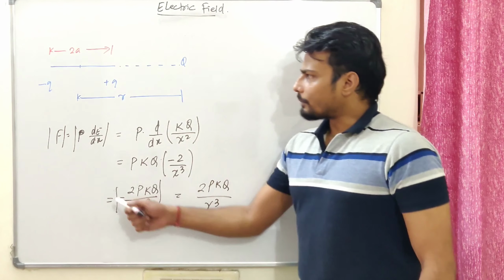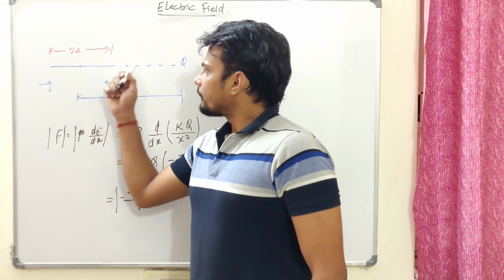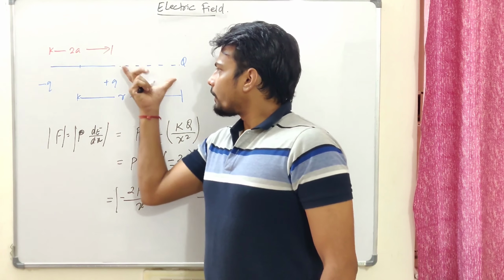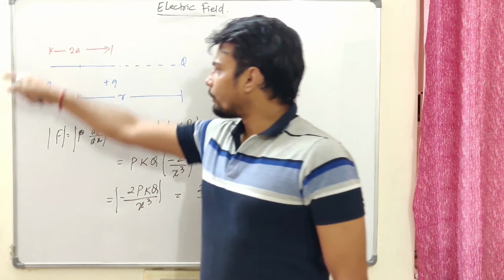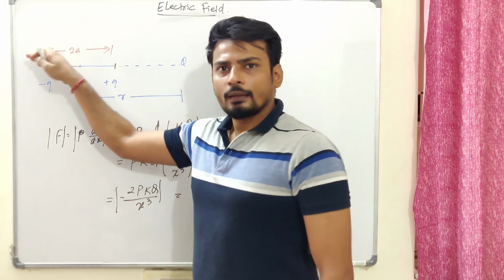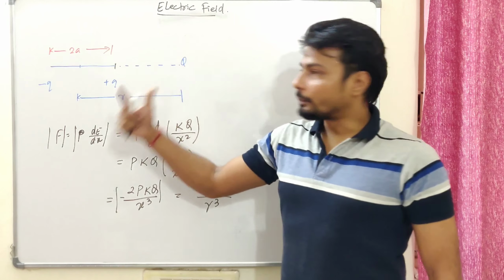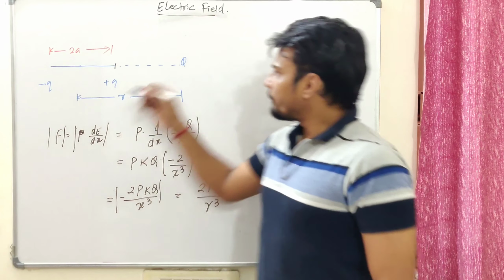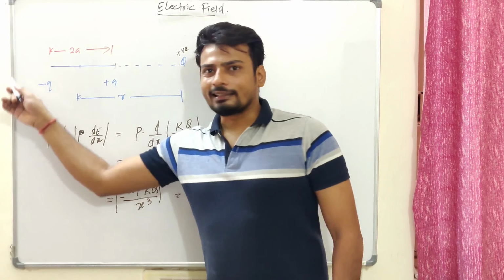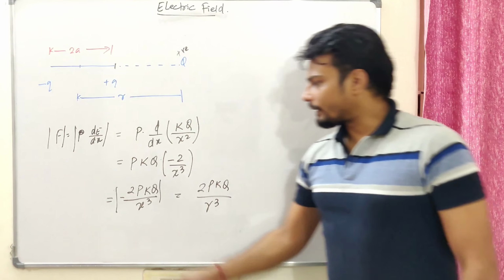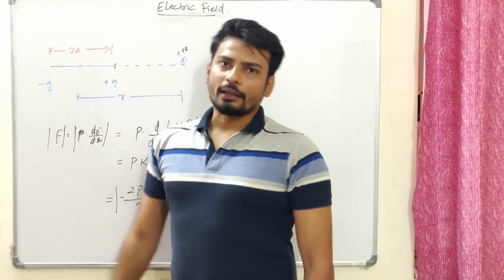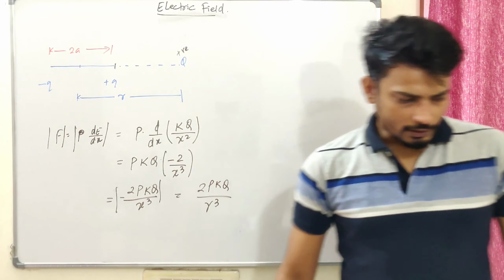Now why does this negative sign come over here? Look, the net force over here will be more, because the distance for this part is less, and for this part the distance is going to be more. So the field over here, which is towards left, will be more compared to the field over here, which is towards right. It's a positive charge, right? So the field should be towards left, and the force again will be towards left, so that's why we get a negative sign over here. If you're talking about the direction of the force, it should be towards left, that is negative i cap. All okay? I'm sure this is clear to everyone.